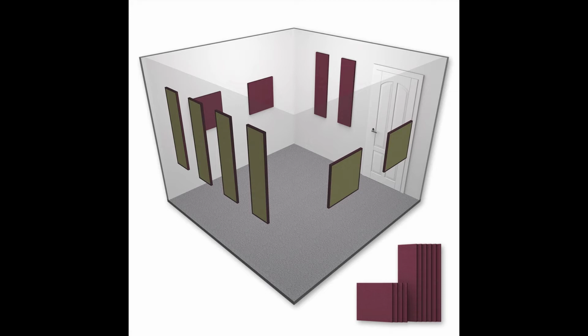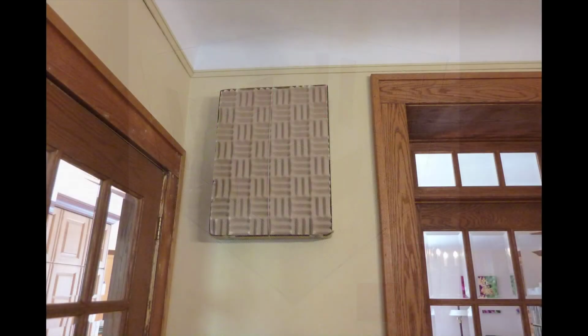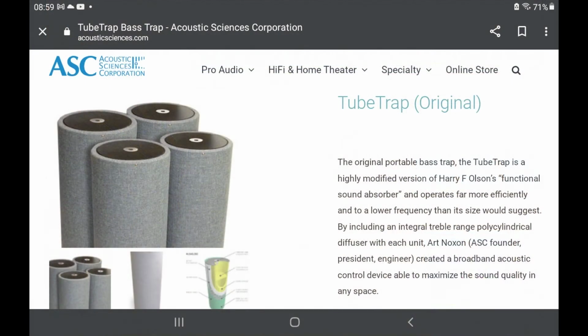This video will suggest tools that can help you determine what treatment is required, where to locate them, and predict their effect on your listening room. My own experience is quite limited to acoustic foam panels and DIY bass traps. Professional advice is often available for a nominal fee if you purchase products from their company. Even if you go this route, it might be useful to understand some of the concepts and terminology mentioned in